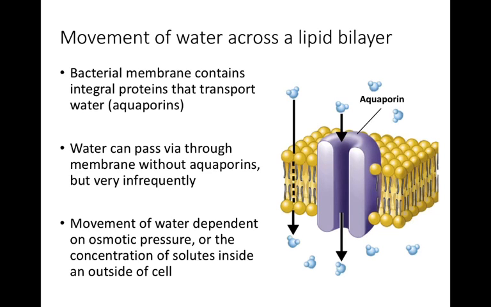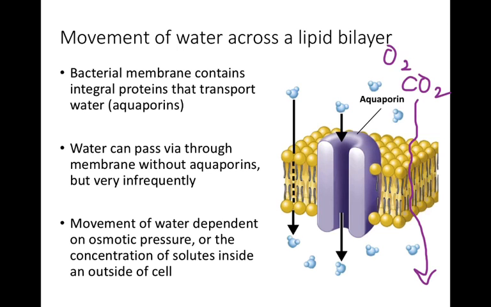Now, some molecules can move through the phospholipid bilayer by simple diffusion, and molecules that can do so are typically small and nonpolar, such as the gases oxygen and carbon dioxide. Because these are nonpolar molecules, and because of the fact that they are small, they can easily diffuse through the phospholipid bilayer without any sort of transport mechanism. In this method of movement through the phospholipid bilayer, these molecules are moving from areas of high concentration to low